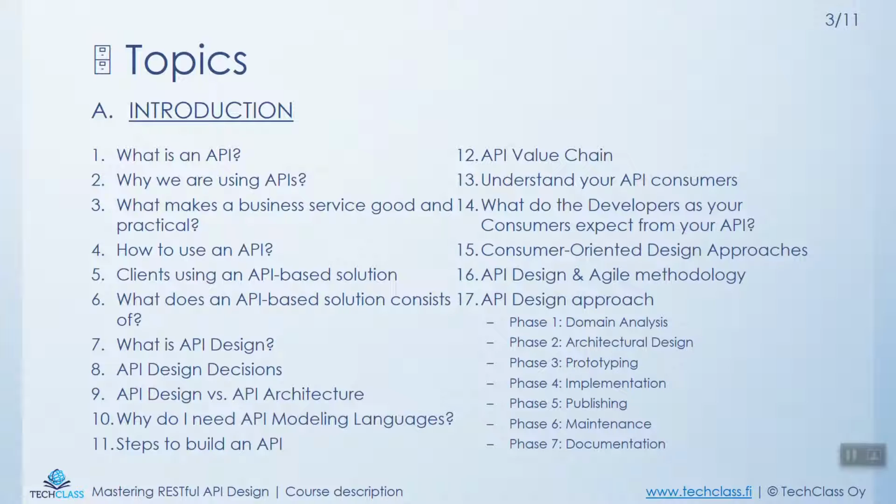So we divided the course into three different parts: introduction, intermediate, and advanced. The content of the introduction part would be what an API design is, why we are using APIs, what makes a business service good and practical, how to use an API, clients using an API-based design, what API-based solutions consist of, API design decisions, API design in comparison with API architecture, why we need API modeling languages, the